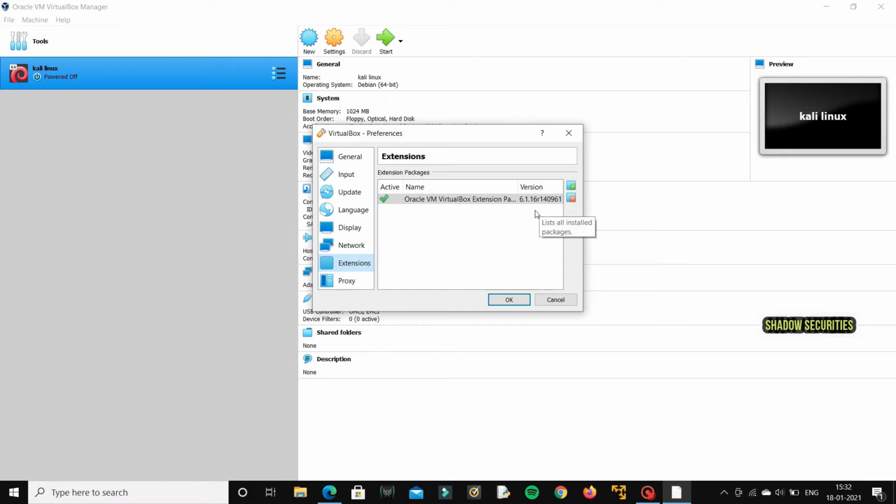If you have not installed any extension pack, simply click on the plus button, then locate your downloads folder or any folder where you have your extension file. Double click on that extension file and install it into your VirtualBox. This is the way we install VirtualBox and add the extension pack to it.